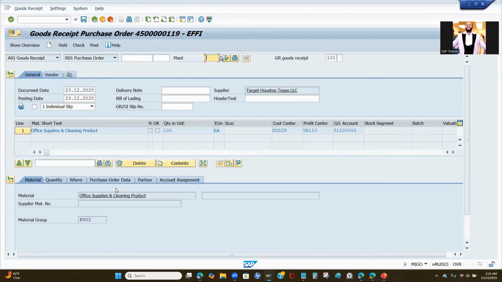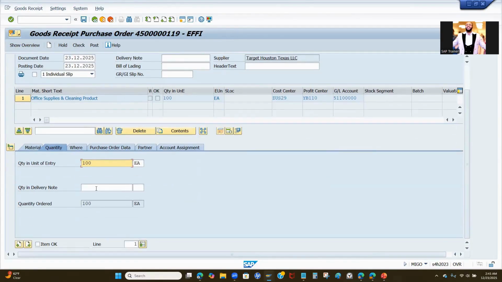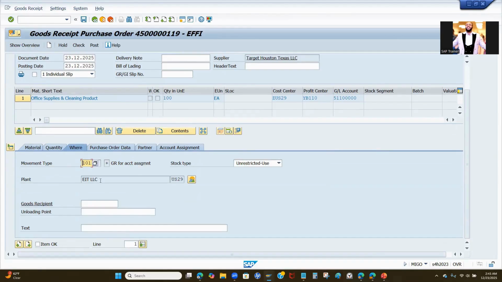All right, so now you can see your short text, okay? You can see the material group, the total quantity you placed the order for. You can see where it's going into. You can see the movement type, goods received for account assignment, okay? So even though you're saying the stock type is unrestricted use, you can see here that the plant is US29,